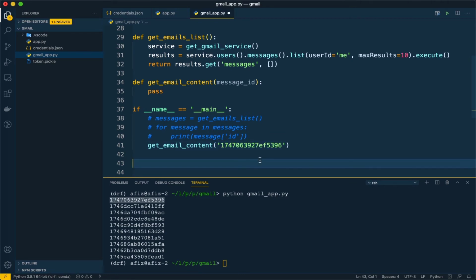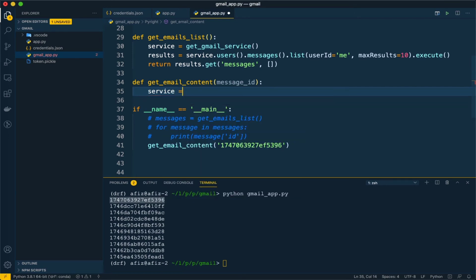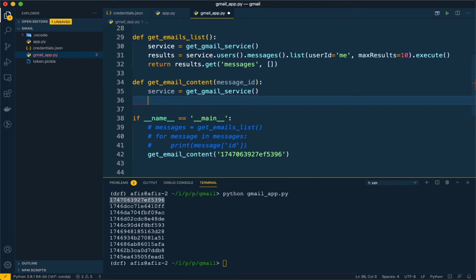First thing, we need to have the service object, which is the same as this one. After that, for pulling the content, we can use the same service call till messages, and here we need to call get.